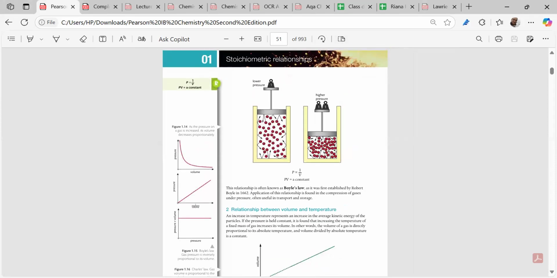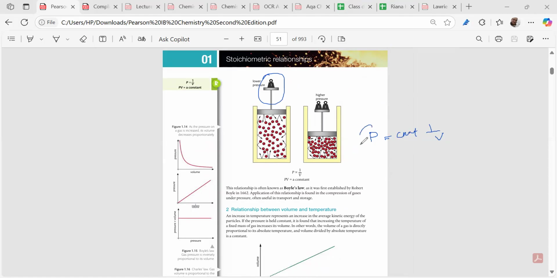The ideal gas is bound by what? Three laws. What are the three laws? Boyle's law, Charles' law, and Gay-Lussac's law. Is it clear? What does the first law tell you? If you increase the pressure, the volume of the gas decreases, right? So pressure is equal to constant times 1 by V. Understood? Did you get my point?